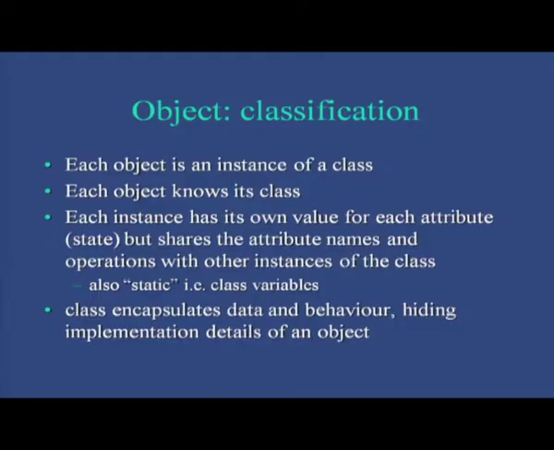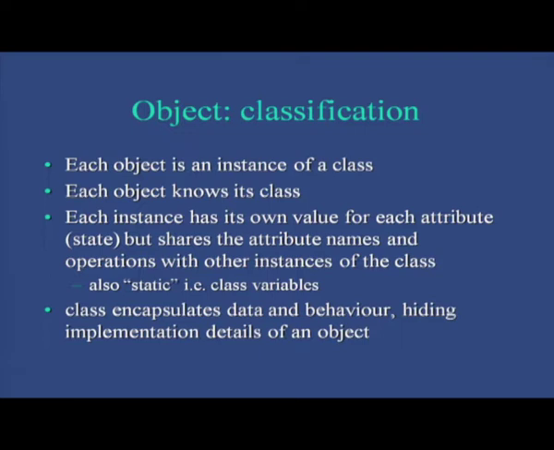Each object is an instance of a class, each object knows its class. What is the reason why we are talking about classes? Because the identity is not going to hit us very hard. We can talk about certain other things which are general, because the more you generalize, the more you abstract, the better you manage complexity. There is no second opinion about it. Abstraction remains the number one idea in computer science. Abstraction remains the number one idea in science, allowing us to solve more and more complex problems. The language of expression may be different, but abstraction is essential, and India takes pride in producing people who are that good at abstracting and are that brilliant.